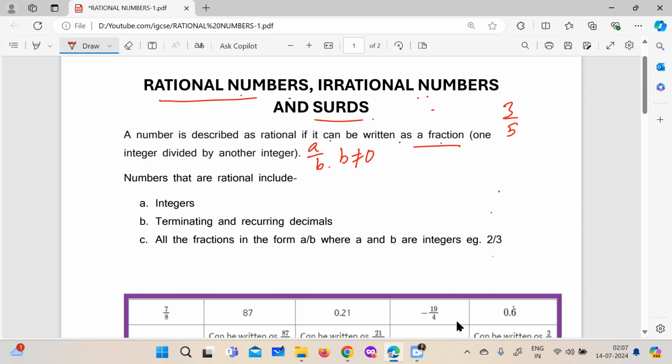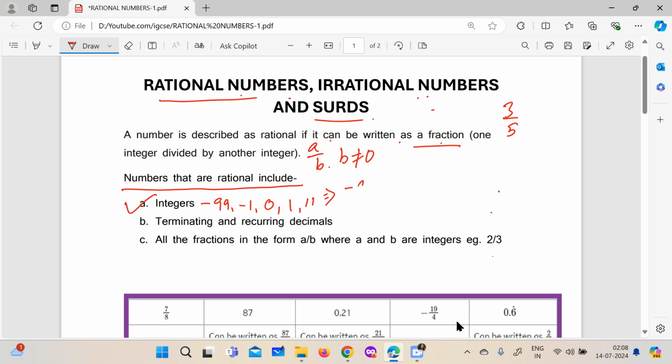Now, let's see what are the numbers that can be included in a rational number. So, integers. All integers are rational numbers. Why? See, what are the integers? Integers are all positive and negative numbers. Suppose minus 99, minus 1, and then 0, plus 1, plus 11. So all these are integers, including 0. Okay, and these integers can also be written as